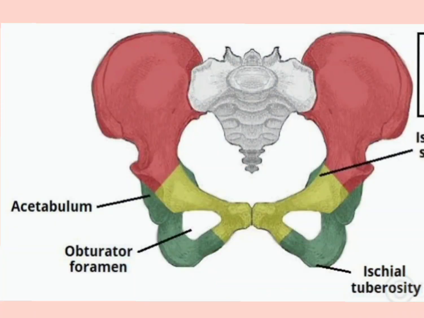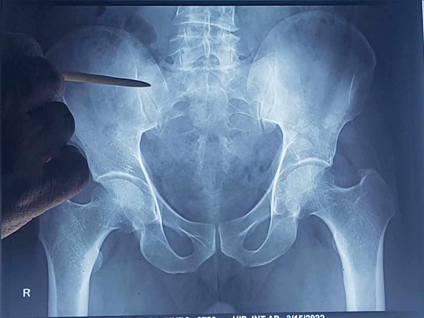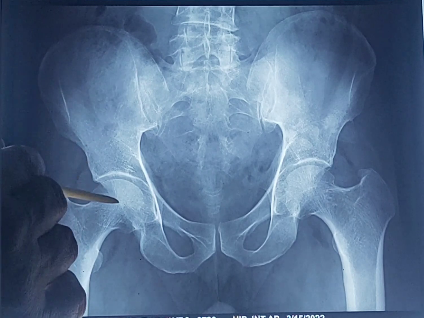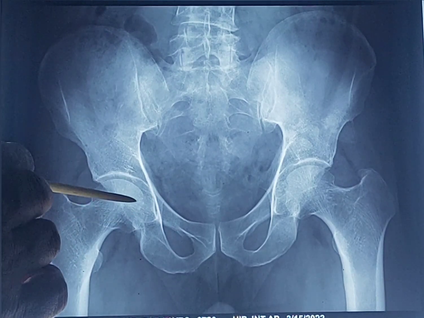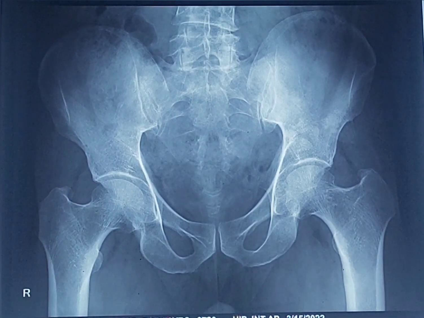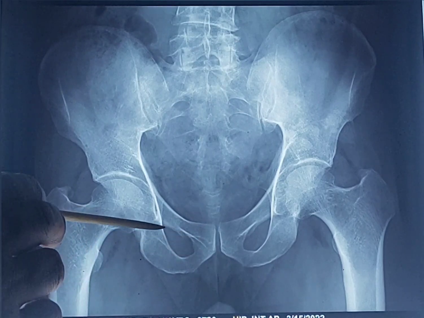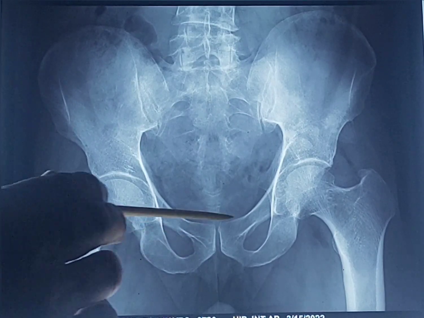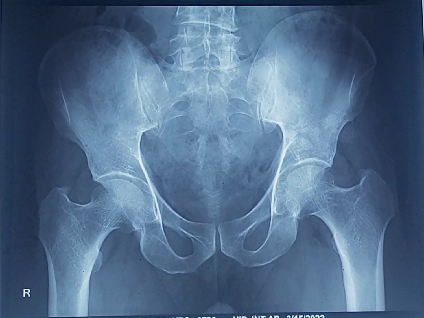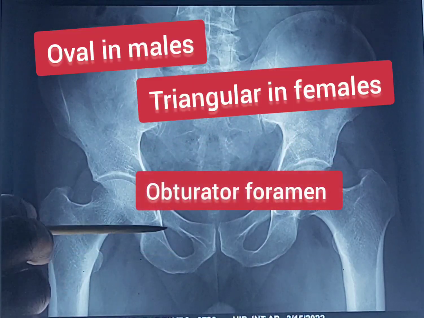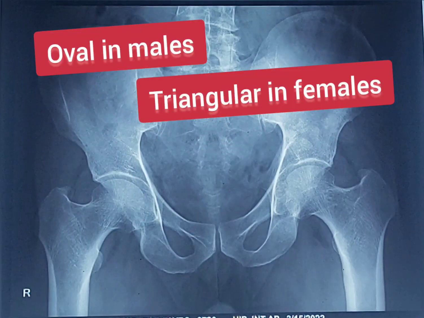Ischial tuberosity is the lowest part of the hip bone, and when we sit, the ischial tuberosity transmits the body weight. But in standing position, the weight transmits from the vertebral column to the sacrum, then sacroiliac joint, then to the upper end of the femur, then through the neck and shaft of the femur. In this way, ischium and pubis, and in between these two is one foramen. This foramen is called obturator foramen. The shape of the foramen differs from male to female.